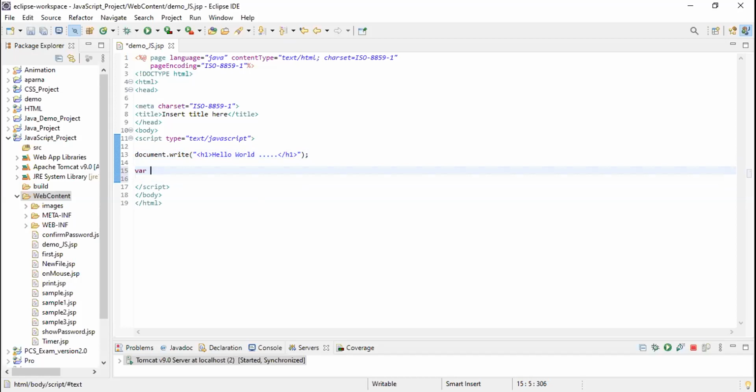So first, I am declaring a variable. Then I am initializing the variable.